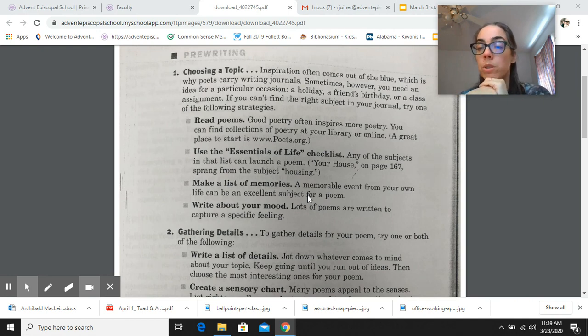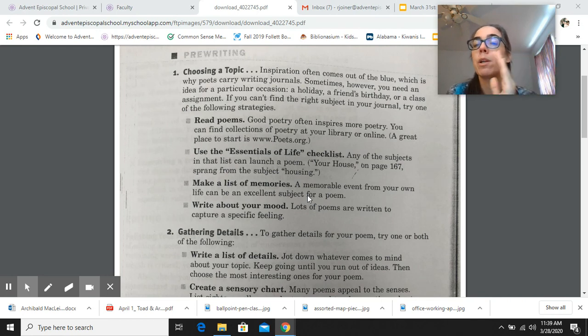And reading poetry inspires poetry. Not in a plagiaristic kind of way, not in a way where you're like, I am going to copy everything that I just read about this guy, but you may like the form they're using. You may like a certain line where they're talking about a concept and say, oh, I want to use that concept in my poem. Or you just may think it's super fun that they're writing a nature poem. Let's write a nature poem, or whatever.